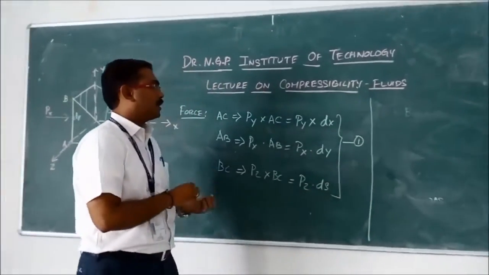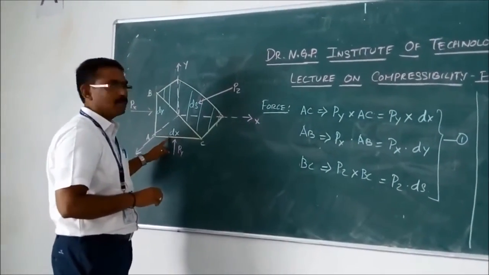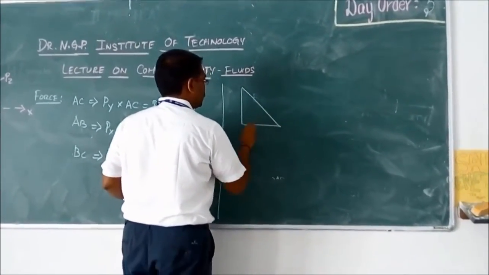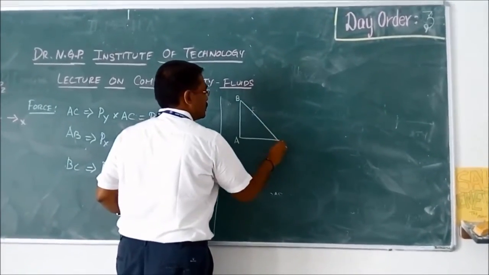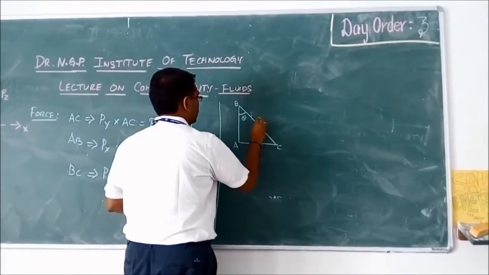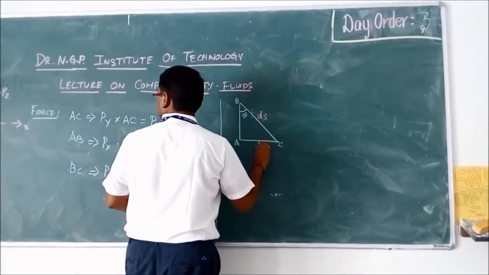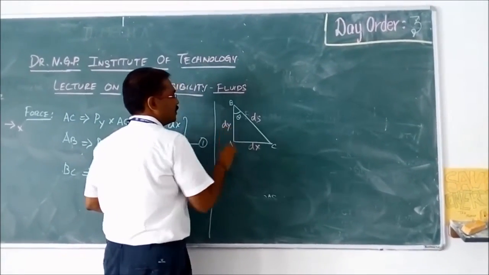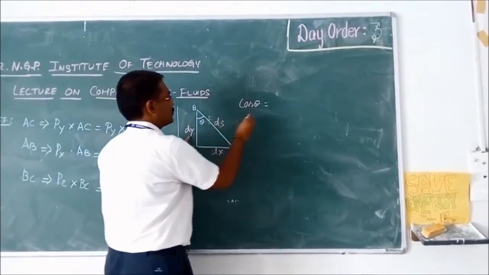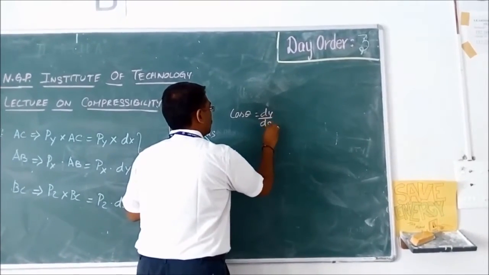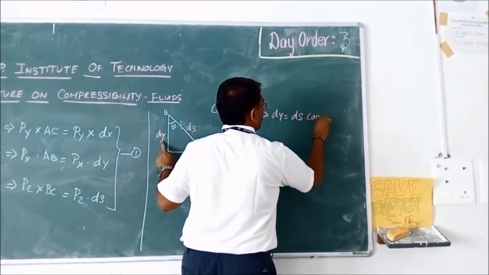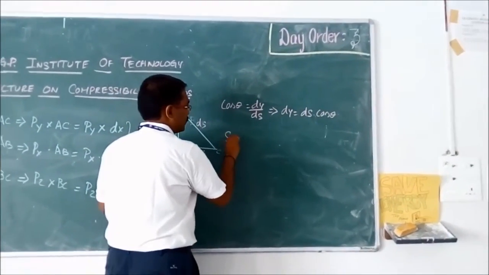Okay. Now I'm resolving the theta components of all these. For example, I'm considering the triangle ABC, and I assume this angle to be theta. Obviously this is my ds, dx and dy. So cos theta is adjacent by hypotenuse, that is dy by ds, which is nothing but dy is equal to ds into cos theta,